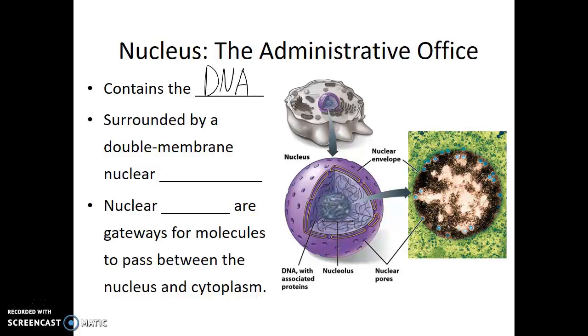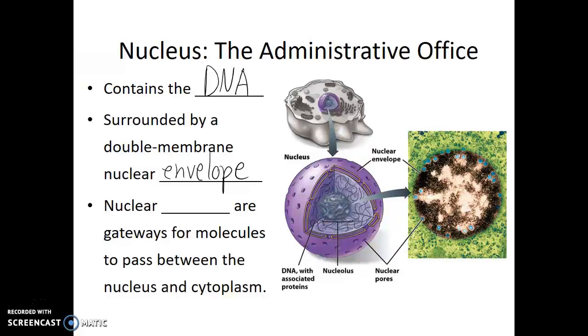Now, when we look at the walls of this administrative office, it's a double membrane nuclear envelope. One thing that's so important to emphasize is that it's not just a phospholipid bilayer. That would be considered a single membrane. This is made up of two phospholipid bilayers, separating the internal contents of the nucleus from those other cellular components